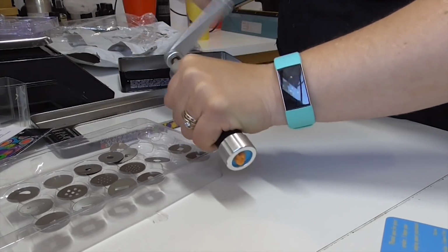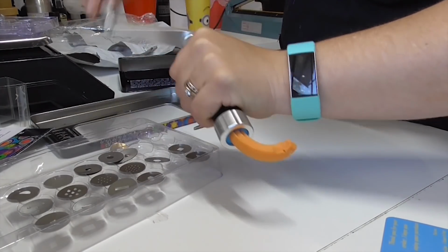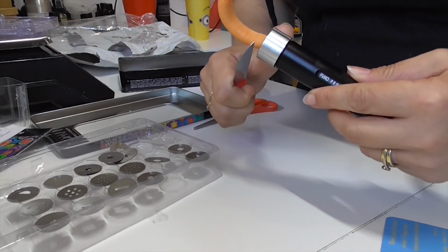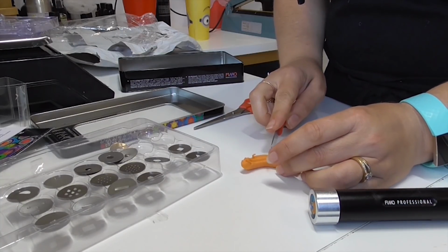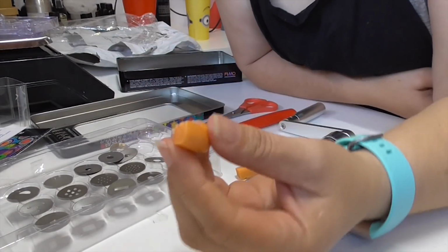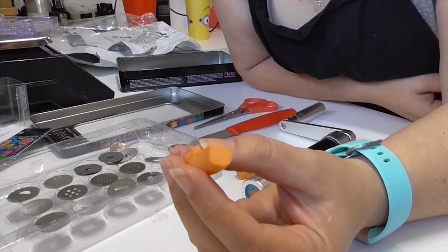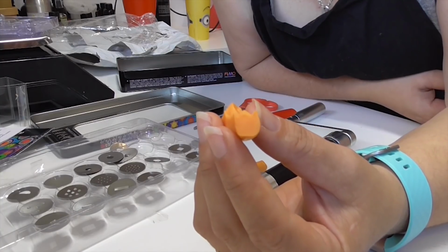Well, I'll have to get used to using the handle. It's a little bit different, but oh, it's so much easier to use than that green one. Easier to handle as well. We are at the bottom here. Let me grab a knife. How cute is that? Now normally if I extrude soap out of an extruder, I would leave that for a couple of hours just to dry out before I cut it, so you don't squish it. But the shape and detail in that is absolutely gorgeous,